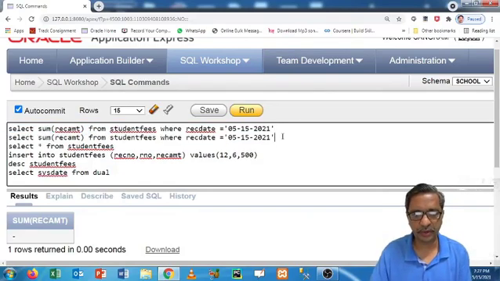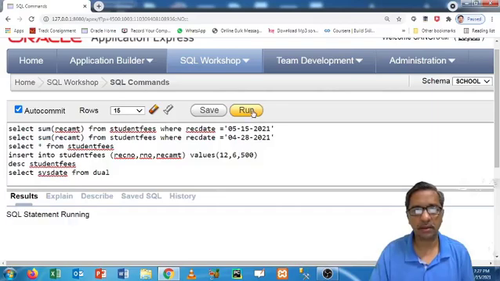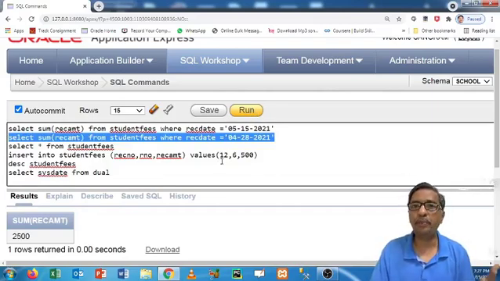When I was executing this, it was working fine. Okay, why is it happening? Because in all previous records, 1 to 10, while inserting the data, I mentioned the receipt date.